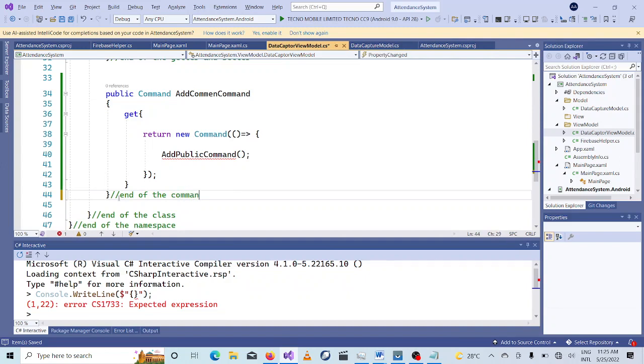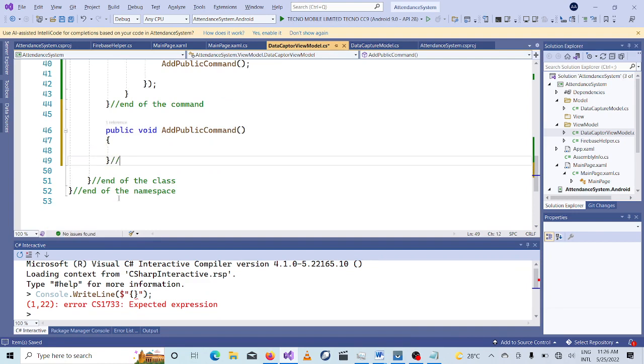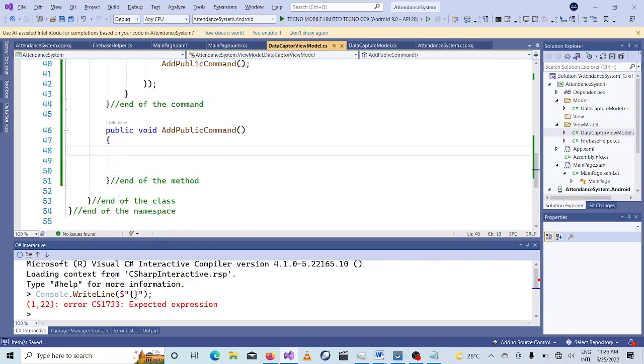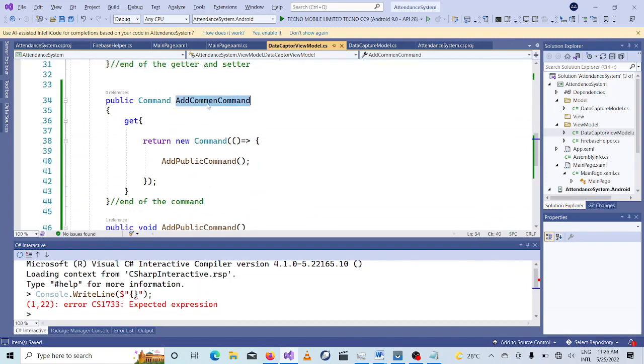So below it we introduce public void. Alright, is it the end of the method? Thank you. So here we write all that we need. Whenever this command is called, then it does what? It picks up the function, it triggers the functionalities here. But then we shouldn't forget that this command, add comment command or add public comment command,